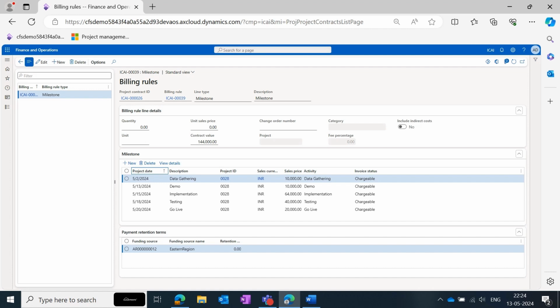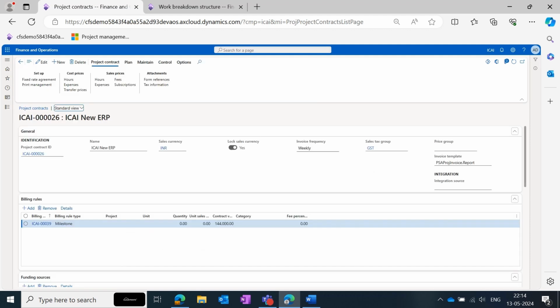Here, the billing rule milestones have been defined where the WBS activities are taken and all the sales price and the completion date has been assigned. So let's assign the billing rule to the project contract. Once the billing rule is assigned,